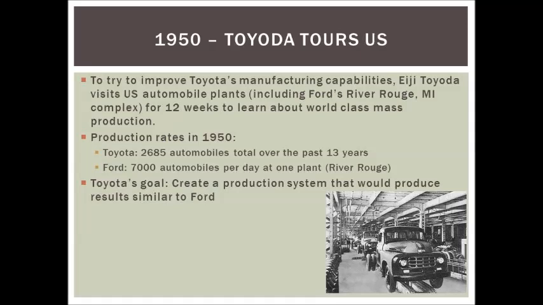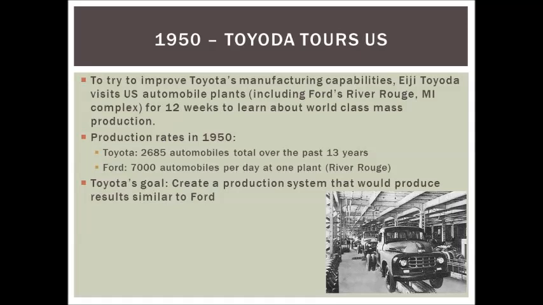In early 1950, as the Toyota company was struggling, they realized they needed to make dramatic changes in the way that they were running their business and their processes if they were going to be competitive and rejuvenate their business. So Eiji Toyota visited U.S. automobile plants, specifically to look at Ford's production system, realizing that Ford's mass production system was world class. He spent 12 weeks learning about world class mass production, with the idea that they would take those concepts back to Japan, implement them at Toyota,